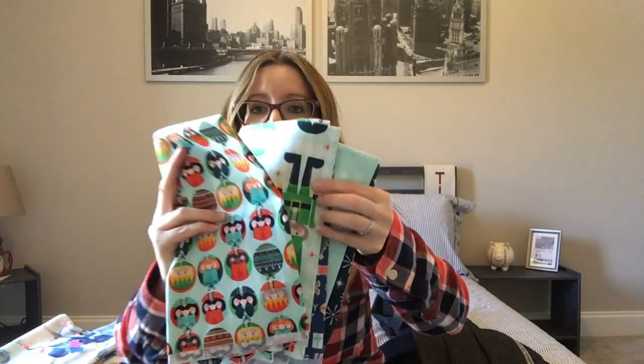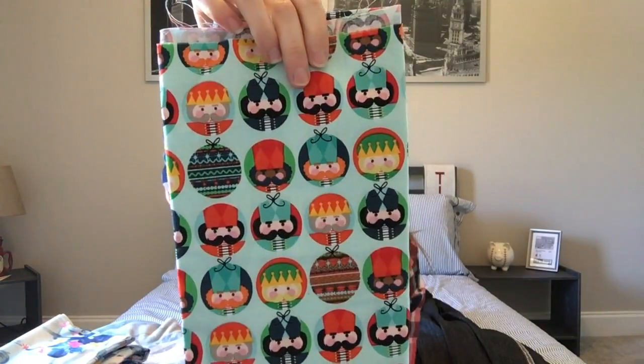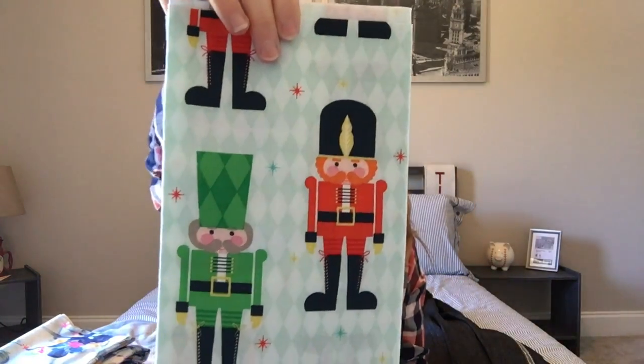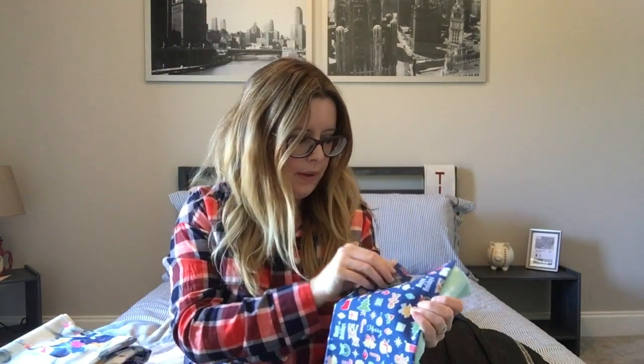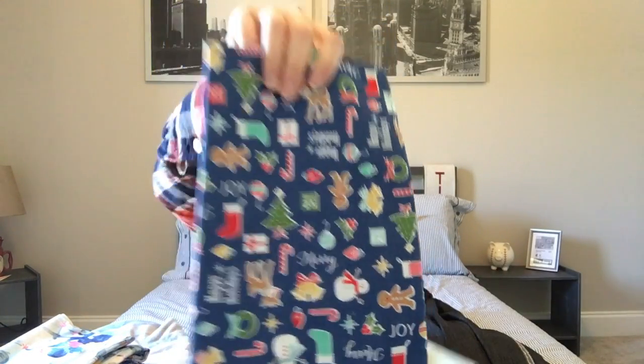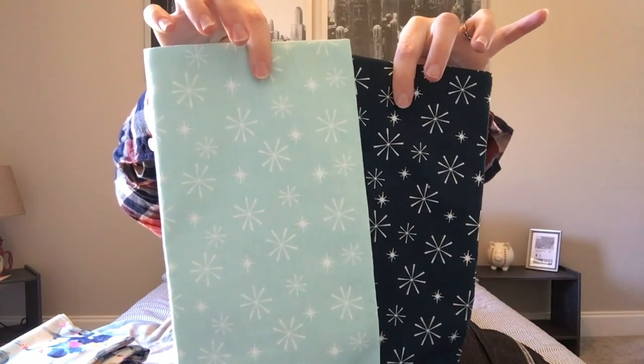I've had a couple of fabrics gifted to me, and one of them was actually from Camilla from Making and Marking. She bought me for Christmas a really, really nice Riley Blake fat quarter set, and she knows that I love nutcrackers. So this one has the small nutcrackers on there. This one has the big nutcrackers on there. Then there is a mixed fabric with different Christmas symbols on, and then we've got 2 snowflake starbursts,